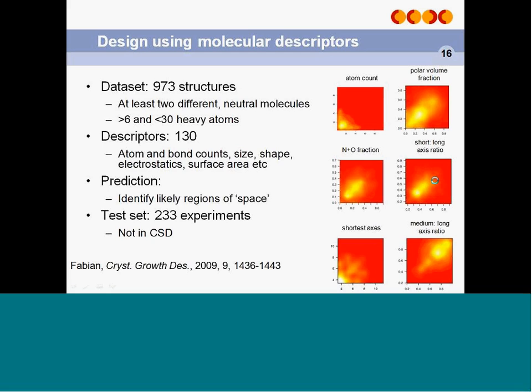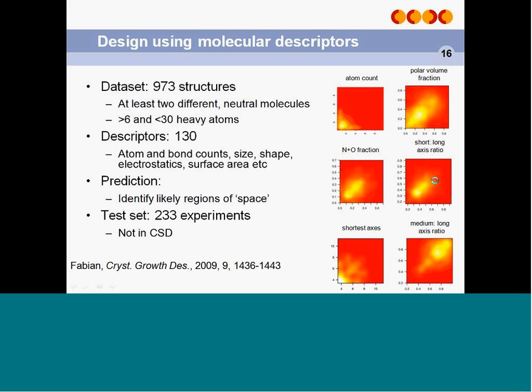So that was a quick overview of a method of using the synthon approach with the Solid Form Suite. But hydrogen bonds are not the only factor, and I'm just going to touch on the fact that we can actually use CSD data to analyse more aspects of the molecule than just the hydrogen bonds. So this is based on some work done by Laszlo Fabian a couple of years ago, who studied a large data set of co-crystals in the CSD,